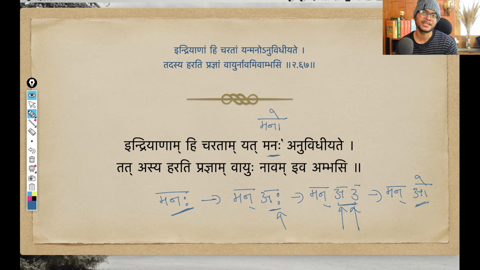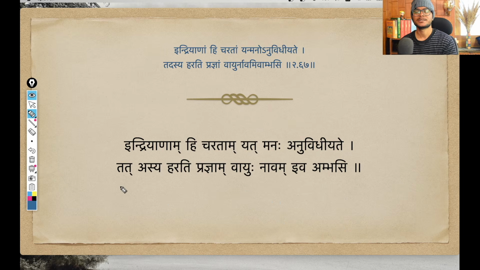And then again, there is the third sandhi that will happen here, and that is the Purva Rupa sandhi, where only the Purva Rupa, this O, will remain, and this A will be made hidden by the Avagraha Chinna. That is the Purva Rupa sandhi. So Mano Anuvidhiyate ultimately becomes Manonuvidhiyate. The A is made hidden by that Avagraha Chinna. Okay, so in all, three sandhis are happening between Manaha and Anuvidhiyate: Utva sandhi, Guna sandhi, and then Purva Rupa sandhi. So I hope all these things are clear so far.